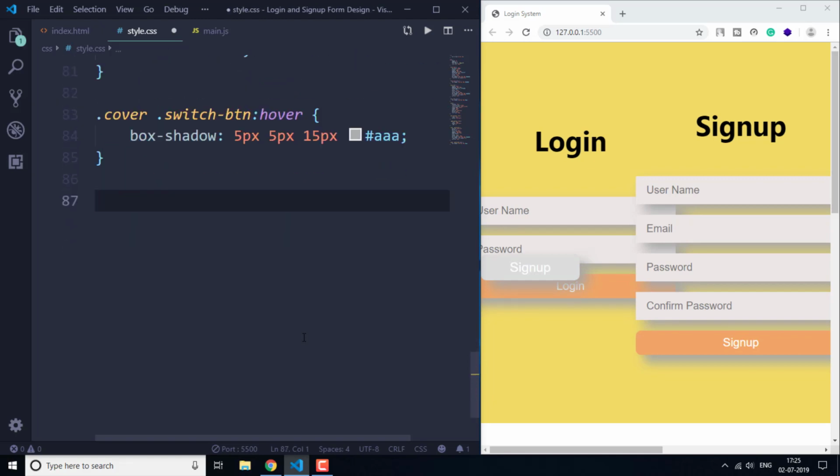Then after dot cover, and then after left section dot cover is going to float